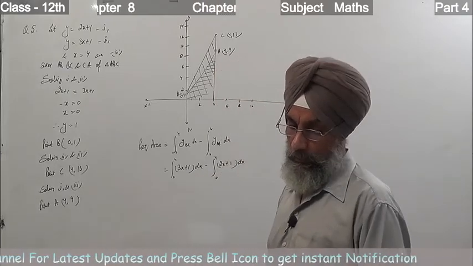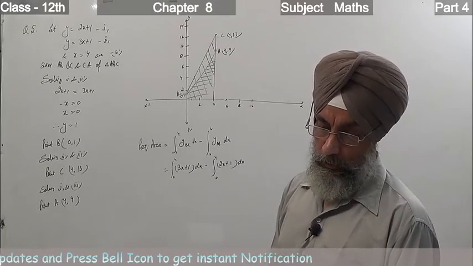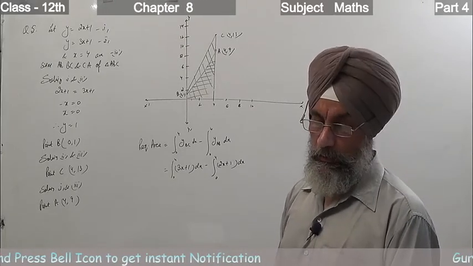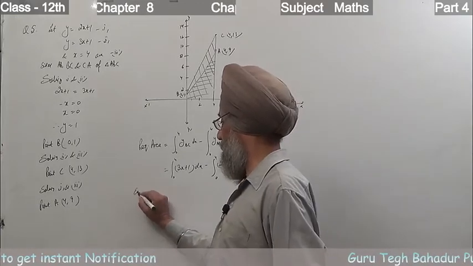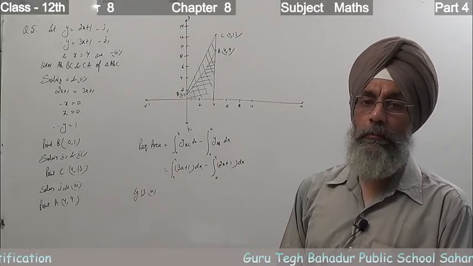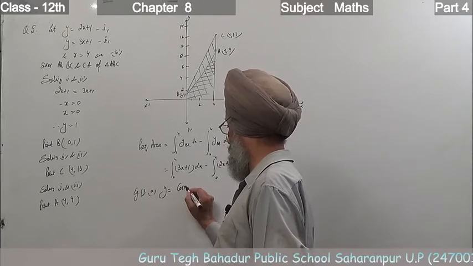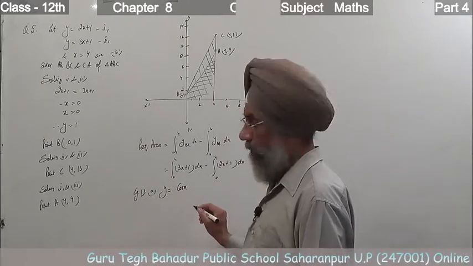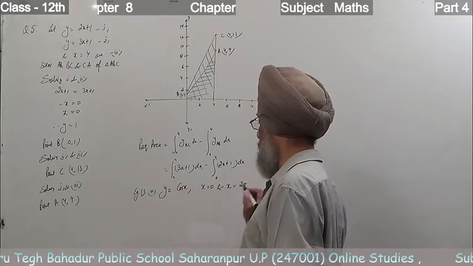See example number 13. There are two example 13s in the book. Let us take the first example 13 as 13A and the other as 13B. Let us discuss both. I take the first 13 as 13A, right. So find the area bounded by the curve y is equal to cos x, and what else is given, between x is equal to 0 and x is equal to 2 pi.